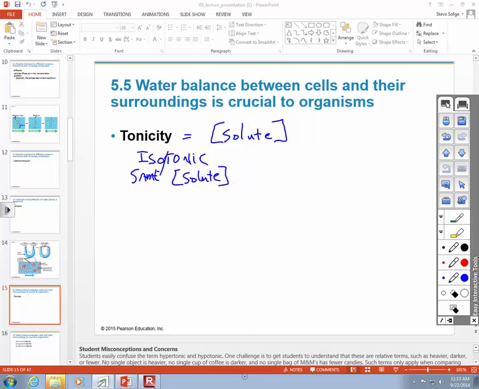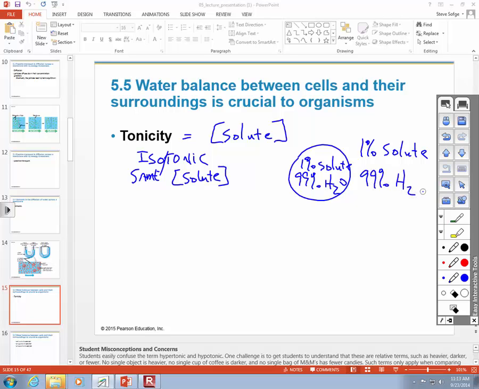Same concentration. So if I have a cell, and most cells are about a 1% solute, that gives them a 99% water. To have isotonic, then the solute has to be exactly the same concentration outside the cell. That's a 1%. Obviously, that gives me a 99% water concentration. The problem is,